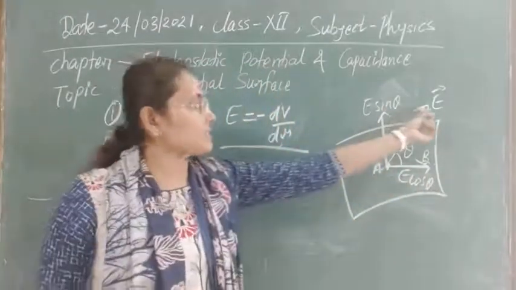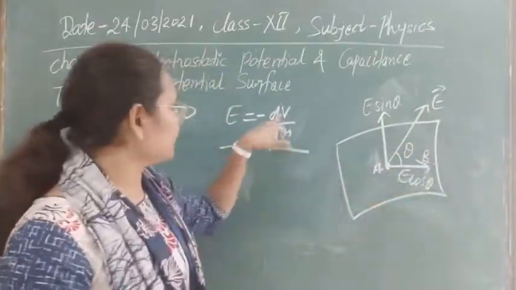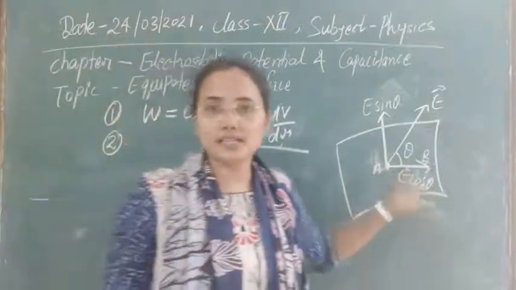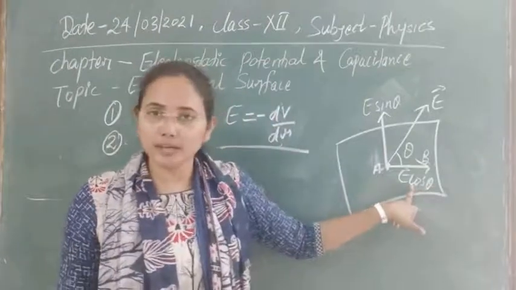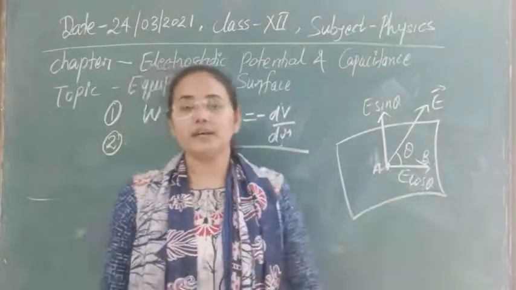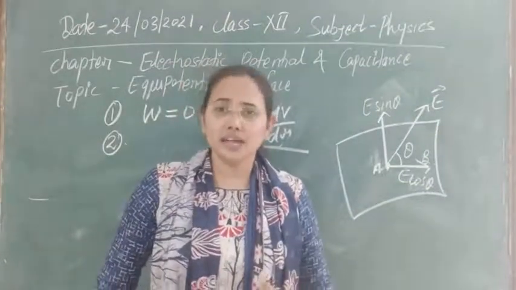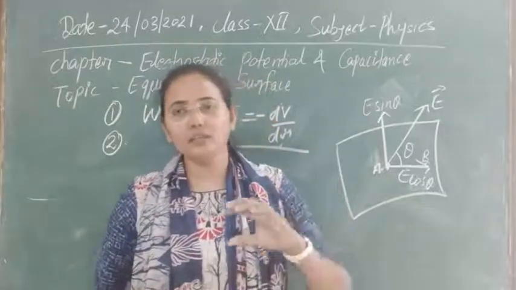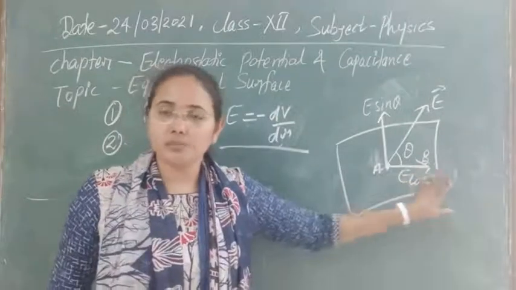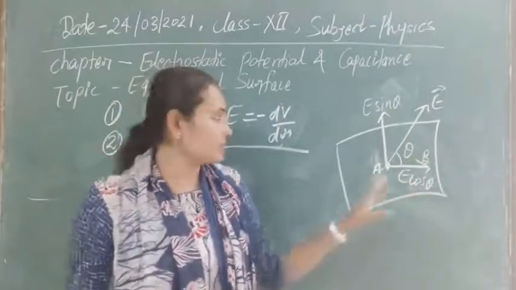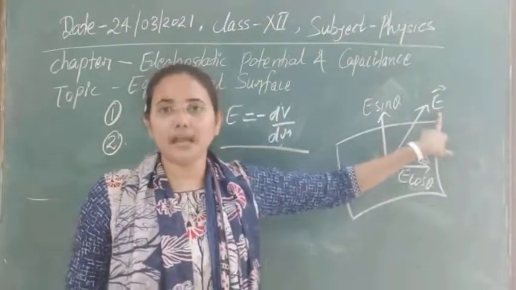This value of E, suppose it is uniform, but if we are moving along it, then the distance is changing, and due to that the potential will change, and that violates the concept of equipotential surface. So there should not be any horizontal component of electric field here, so that the work experienced or potential obtained by the charge will not change from point to point over the surface. The potential should be the same on the equipotential surface, but by this concept, as potential is changing, this is not possible, then electric field can be in any random direction.